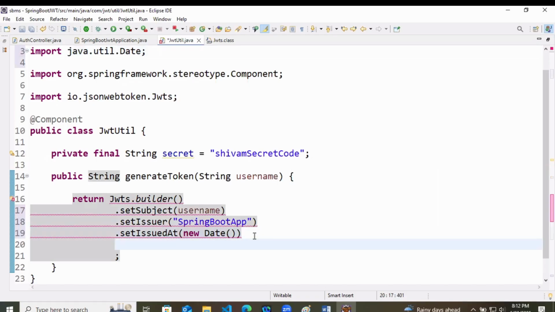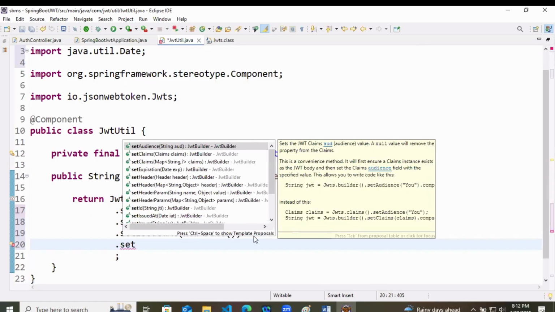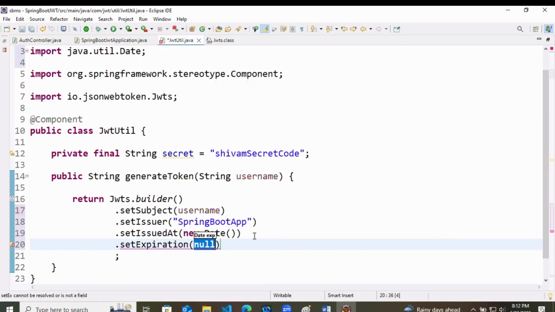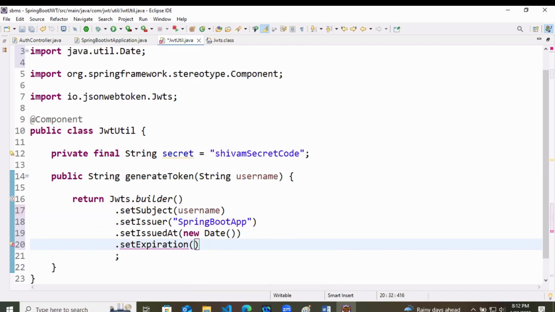Now, when it will expire, dot setExpiration. When this token is going to expire. When we are writing the expiry date of this token, I will create it the same way, new Date.